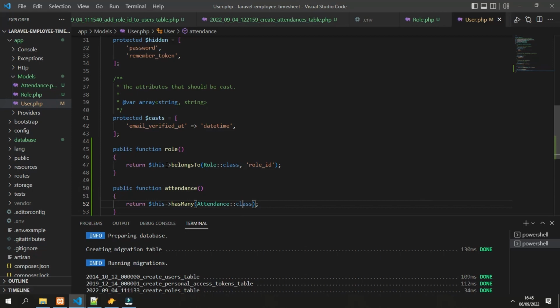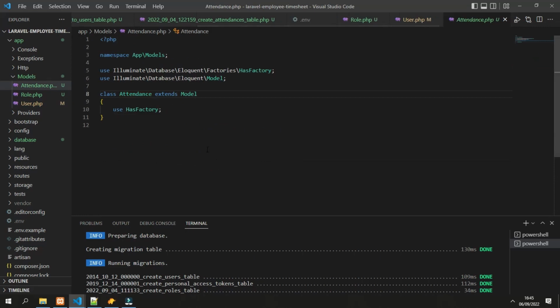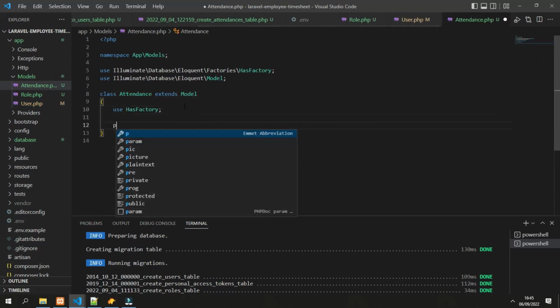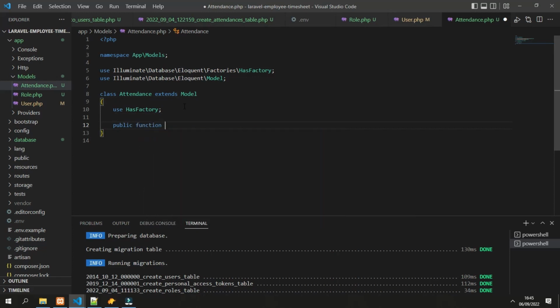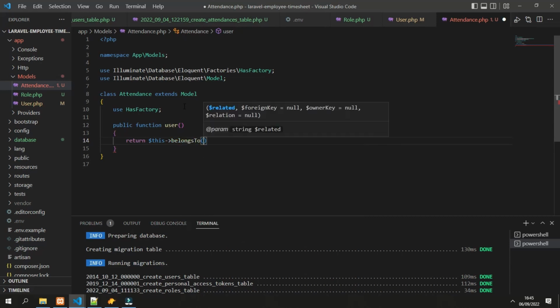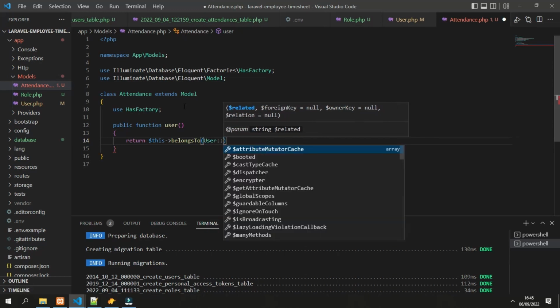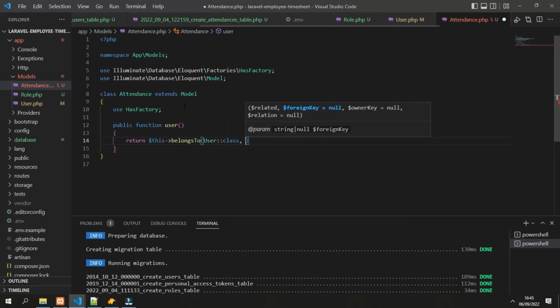And same with user, we will need to write the attendance relationship also in here with user: public function user, and we can return the belongs to relationship with the foreign key of user ID.